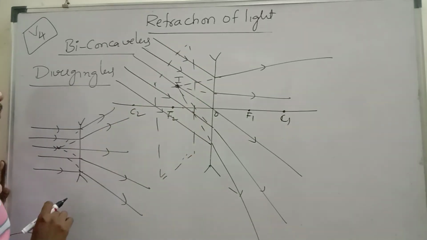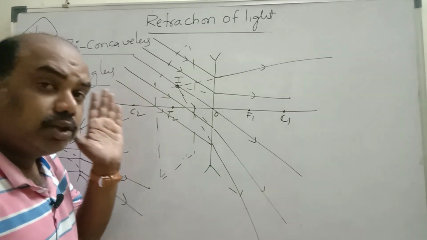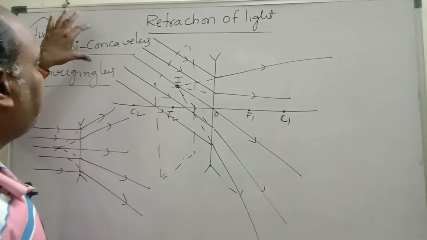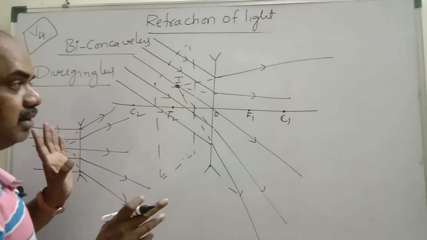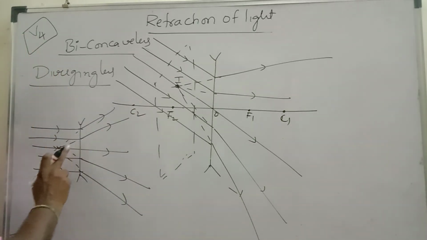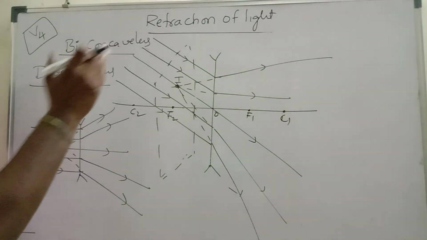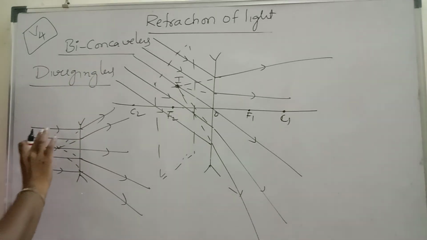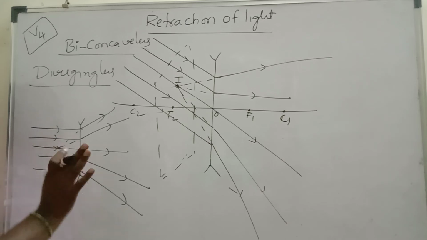This is the focal plane. Once again I am repeating, the focal plane means the plane perpendicular to the principal focus. Two focal planes are present for a convex lens and two focal planes are present for a biconcave lens. For a biconcave lens, wherever you place the object, the image also forms on the same side, whereas for a convex lens, if you place the object this side, the image forms on the other side of the lens. Why? Because it is a converging lens, this is a diverging lens. With a diverging lens, incident rays always diverge and seem to meet, so it is a virtual image, not a real image.